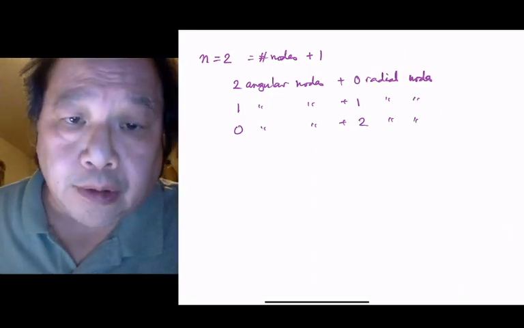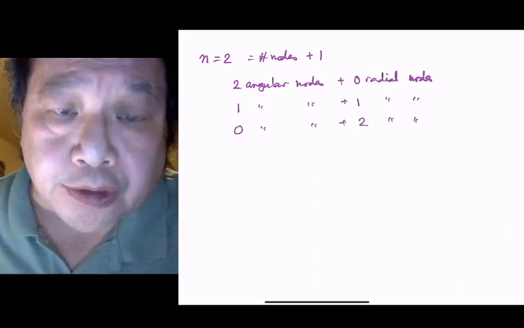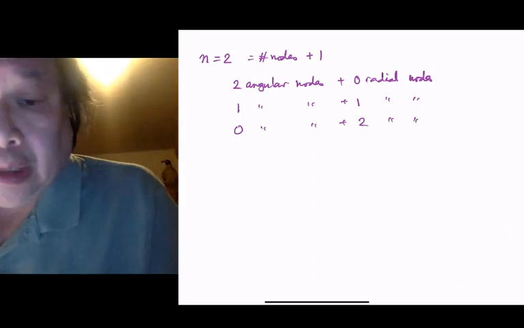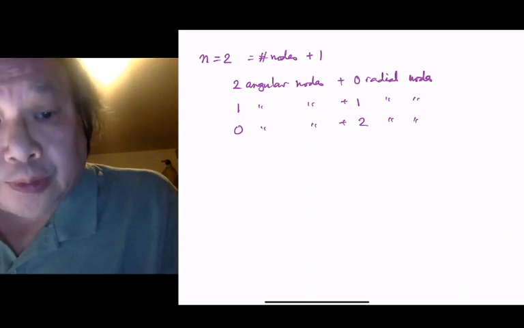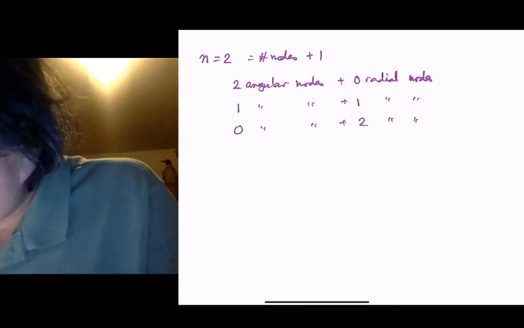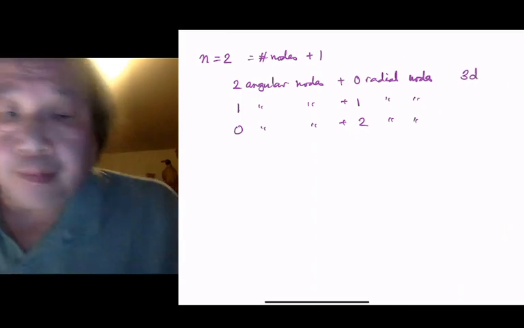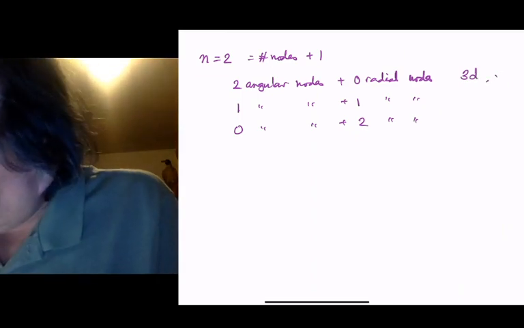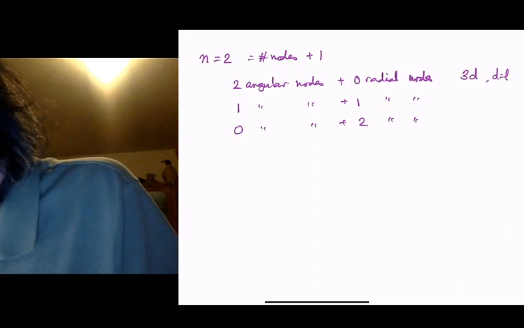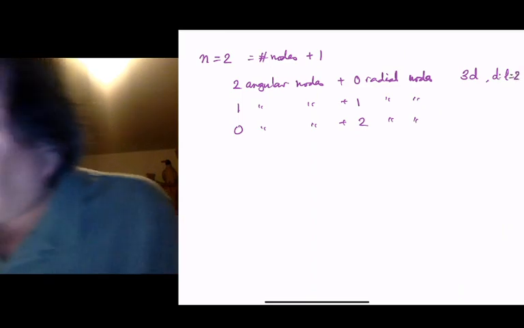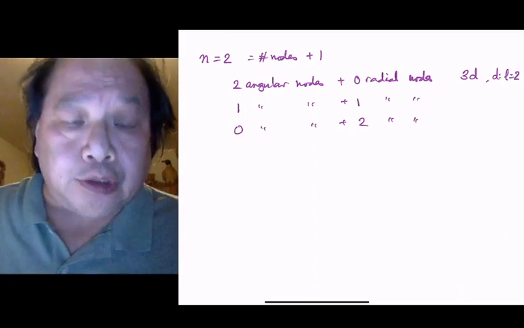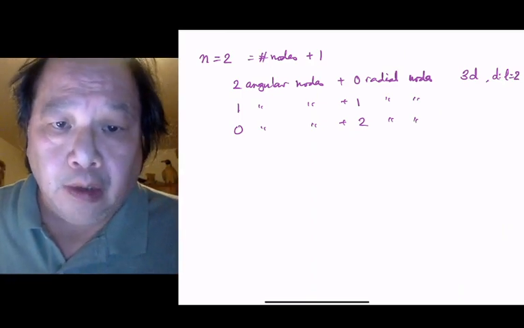Put into chat, 2 angular nodes plus 0 radial nodes is what letter? Well, 2 angular nodes plus 0 radial nodes is 3D. And for D, L equals 2. Put into chat for